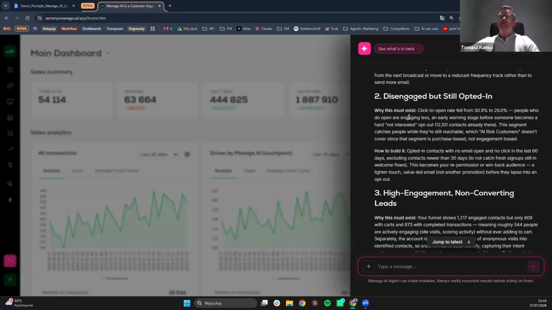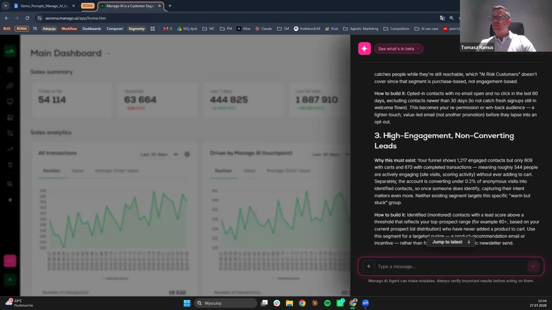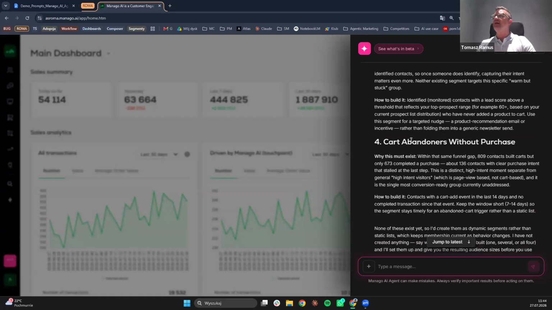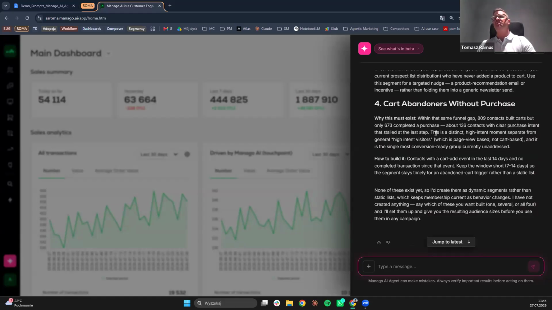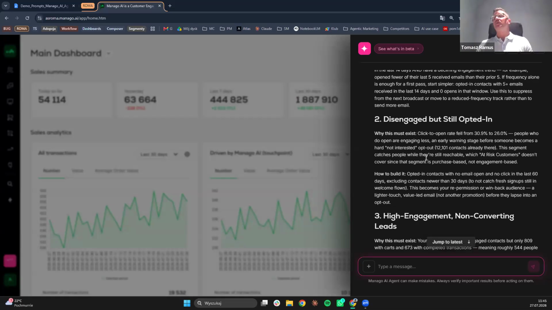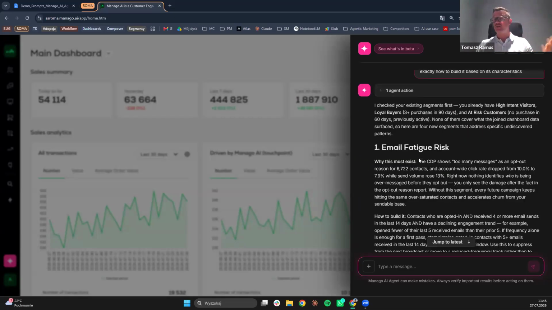So there is something going on with our content in our email campaigns. High engagement, non-converting leads. That's also a very interesting segment, as well as cart abandonments without a purchase. And those are only 4 segments that we can quickly create out of the analysis that took us about a